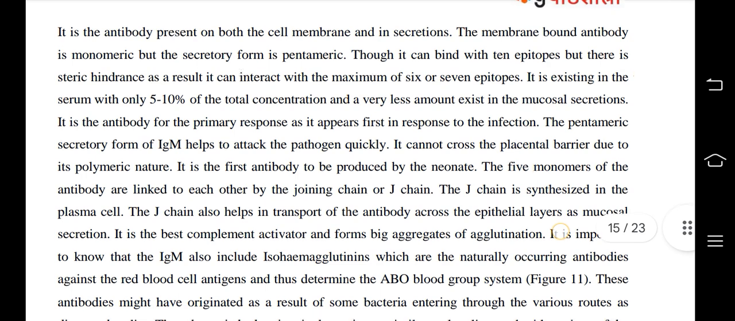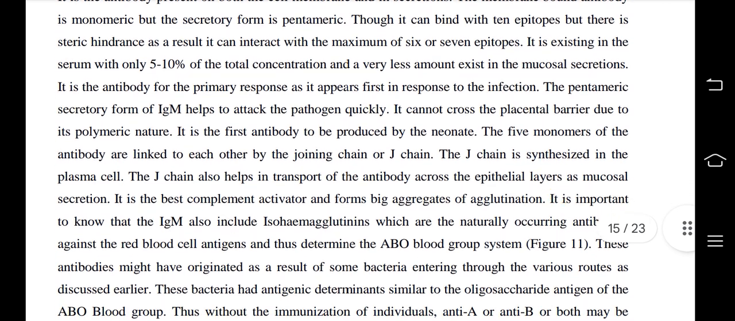The pentameric secretory form of IgM helps to attack the pathogen quickly. It cannot cross the placental barrier due to its polymeric nature. It is the first antibody to be produced by the neonate. IgM has 5